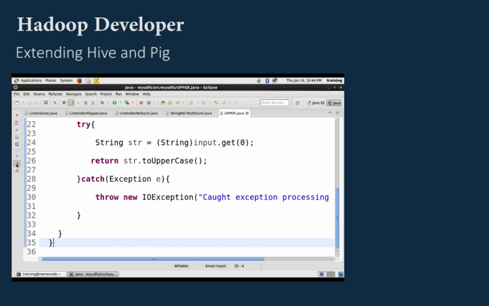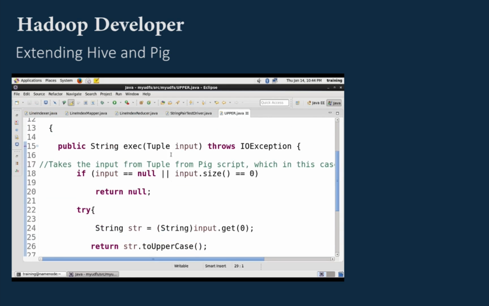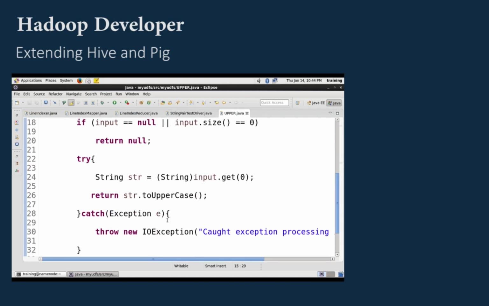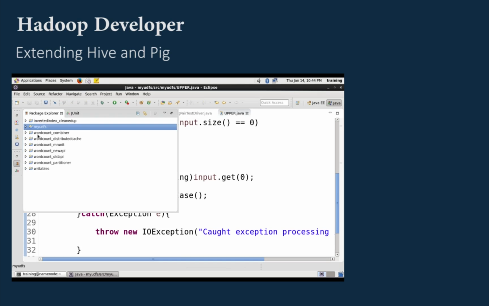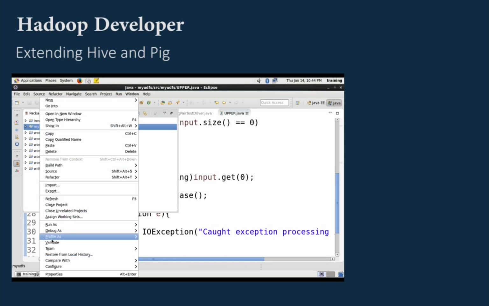So one brace was missing. So all we are doing is we are taking a string or a tuple from Pig and we are converting that to uppercase. Now let's bundle this